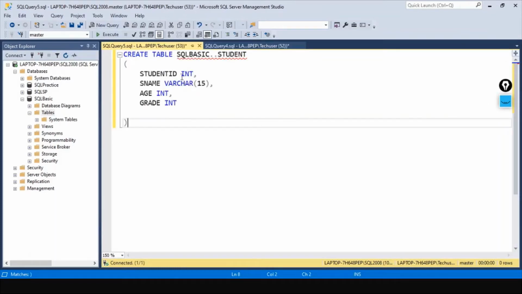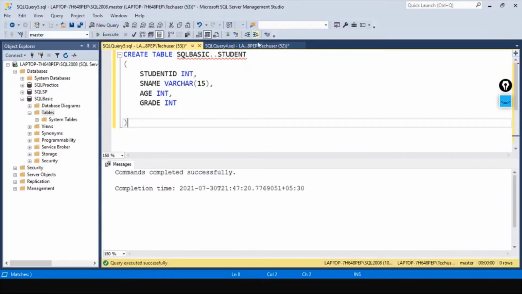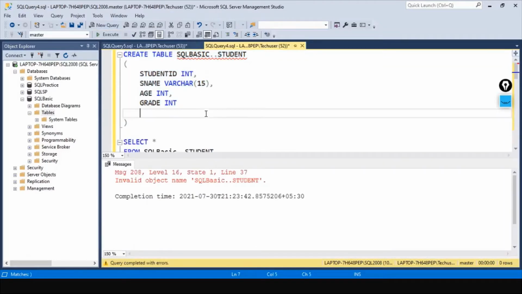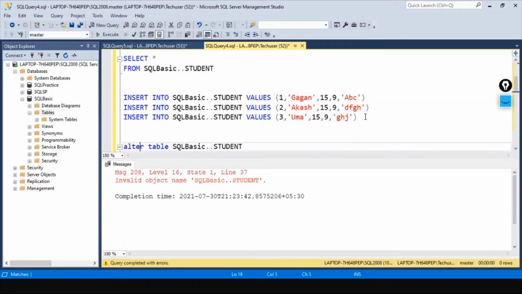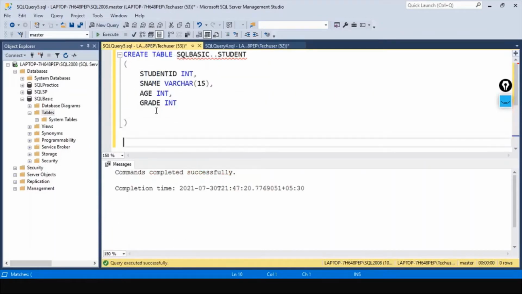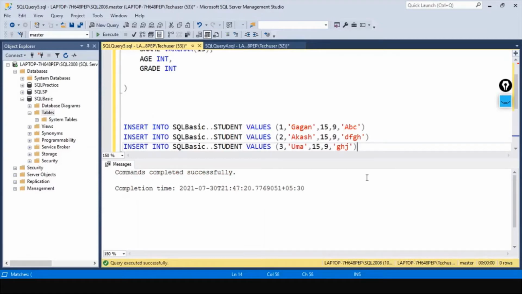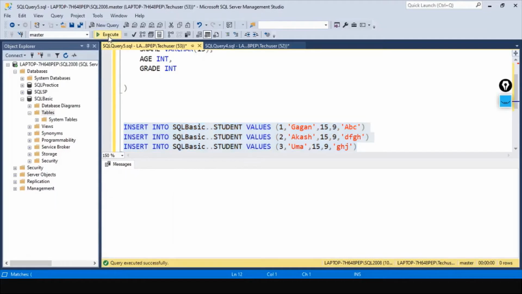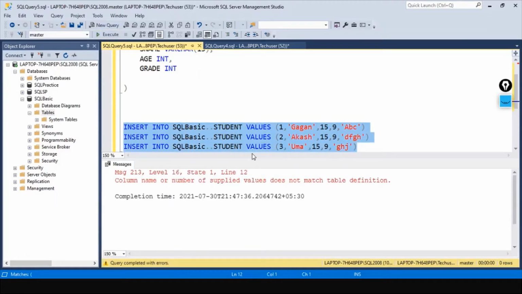I'm just creating the same table again to show what is wrong with this table. I'm just entering this. I'm just running this. Why? Okay, grade is not there.